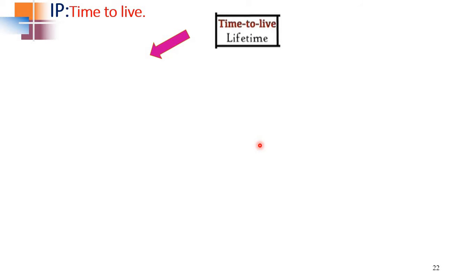Right. So first, whenever data starts from the source host, whenever the source starts delivering the packets from the sender side, we should have some number of hops, that is, some lifetime. For example, here they have given the lifetime value as some x. I'll take this x value as 5 for example. So whenever the source is trying to send the packet to the nearby router,